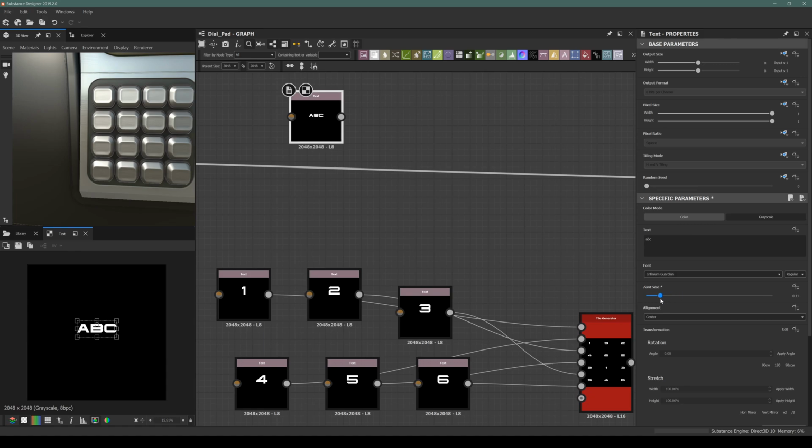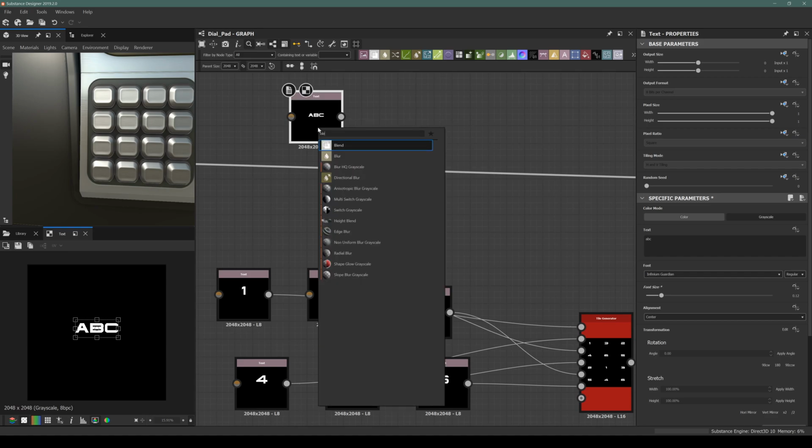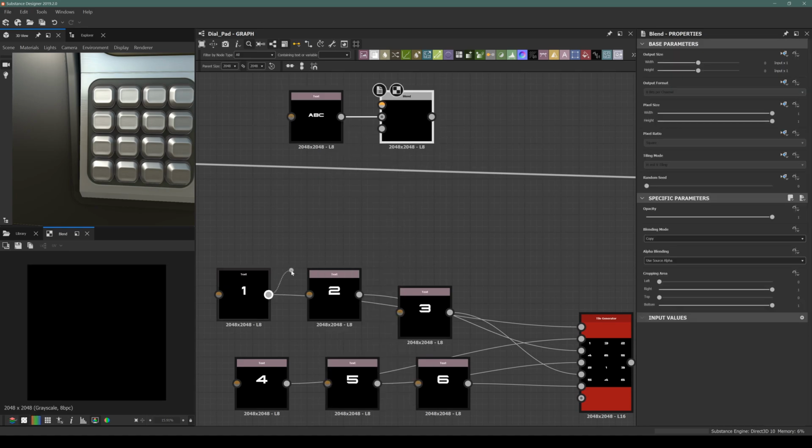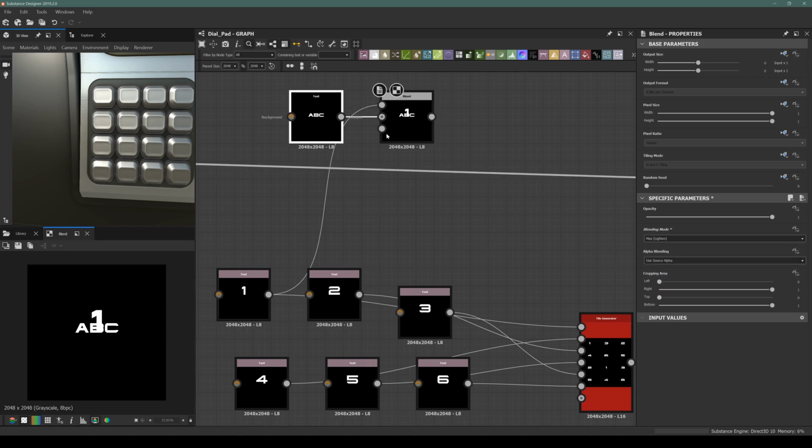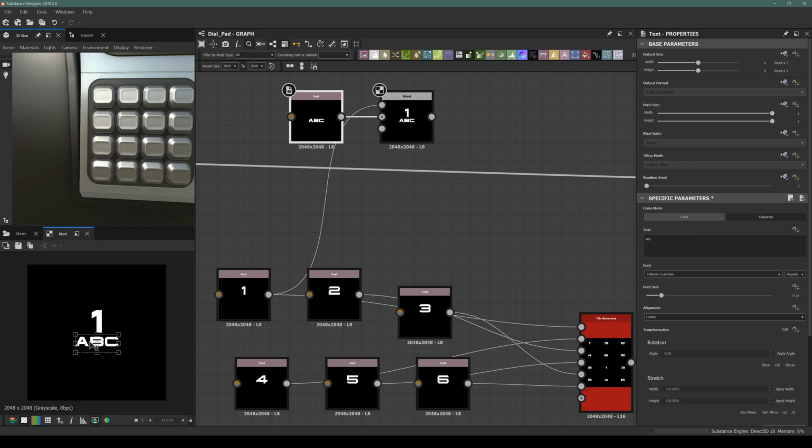I will decrease the font size, and then I will blend this with the number 1 by using the max lighten blend option, and then I will use a placement for this